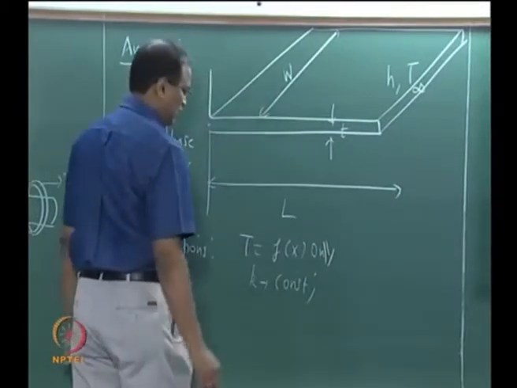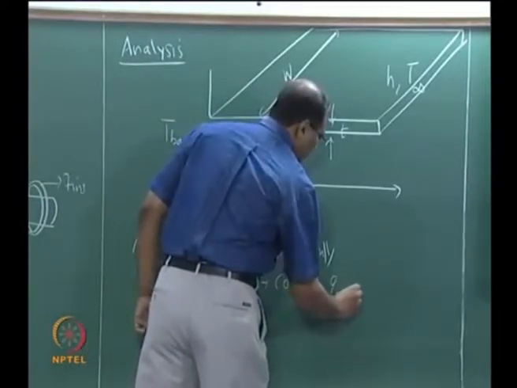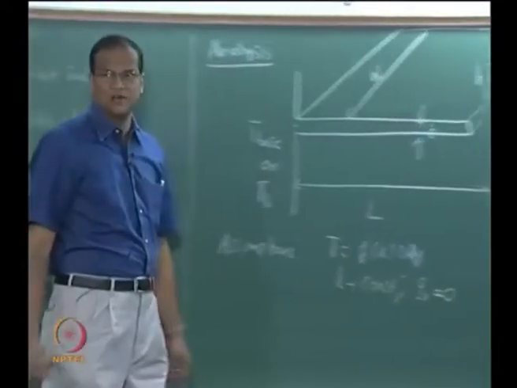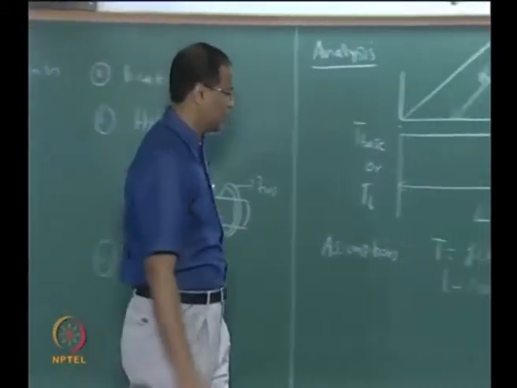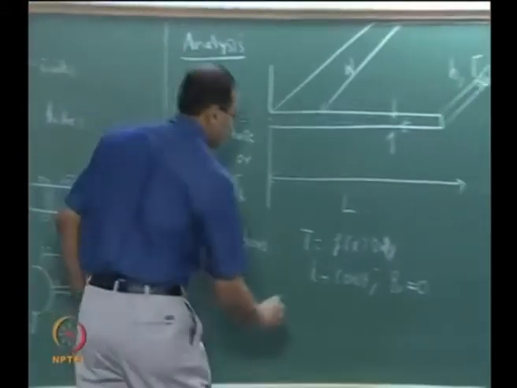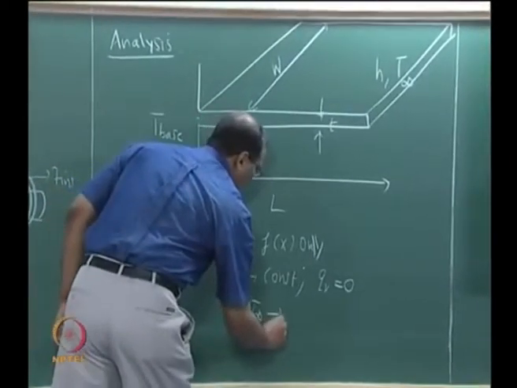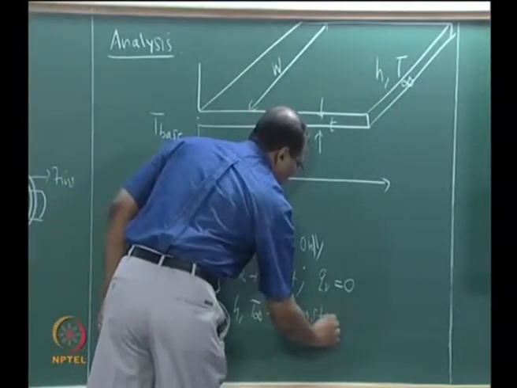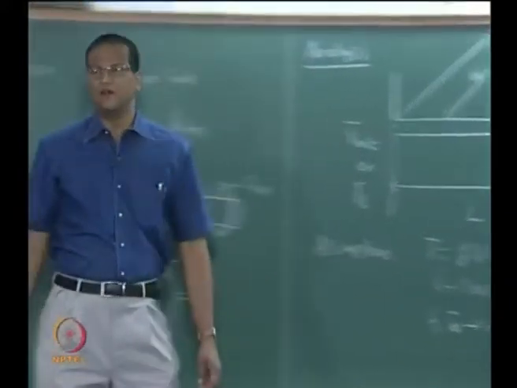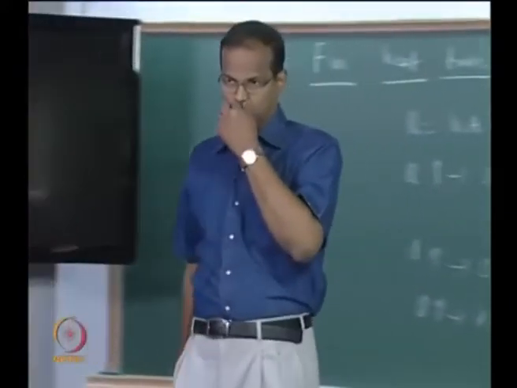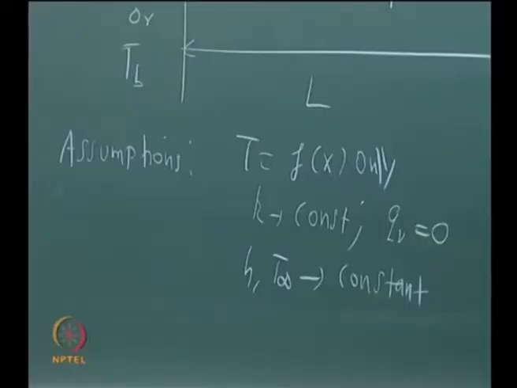T is a function of x only, K is a constant, QV equal to 0. H and T infinity are constant. K is a constant is alright, QV is a constant is alright, H is a constant, T infinity is a